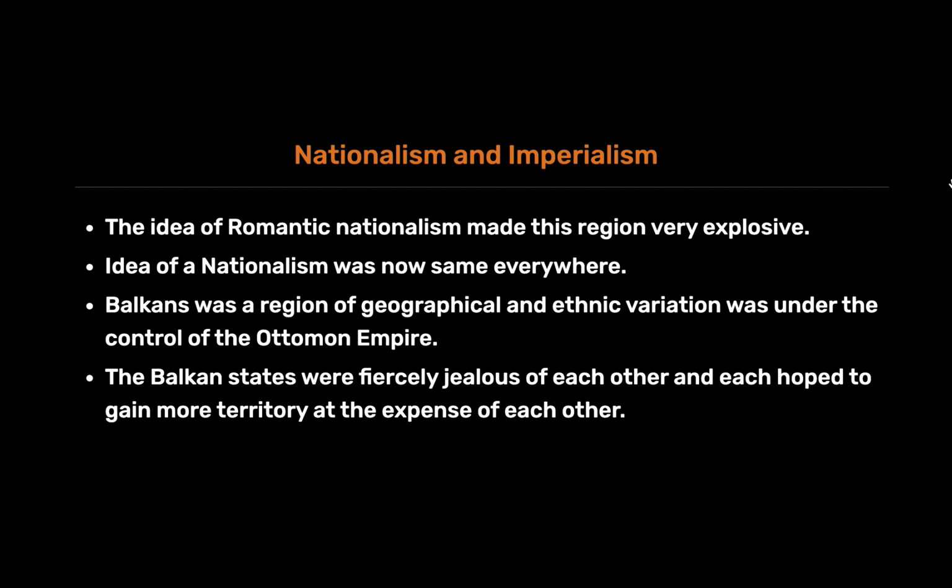The idea of nationalism was now the same everywhere, and the concept of the national state was accepted universally. The Balkans was a region of geographical and ethnic variation under the control of the Ottoman Empire. The Balkans comprised modern-day Romania, Bulgaria, Albania, Greece, Macedonia, Croatia, Bosnia-Herzegovina, Slovenia, Serbia,